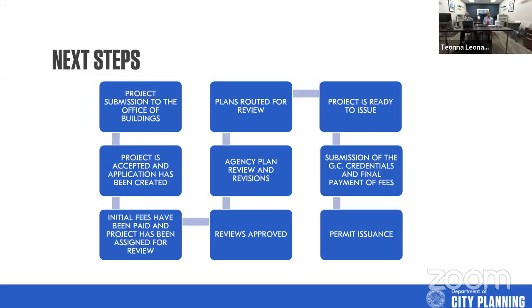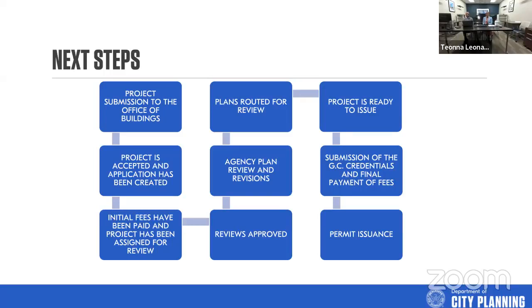Pre-COVID, permit issuance meant the applicant or customer or contractor coming into our office and obtaining a paper permit card and their paper plans with the official stamps stating that they are approved. We have completely moved away from the paper issuance process. Everything is issued electronically. So truth be told, from start to finish, there's no need for you or anyone else to come into the office to pull a permit or whatever the case may be.